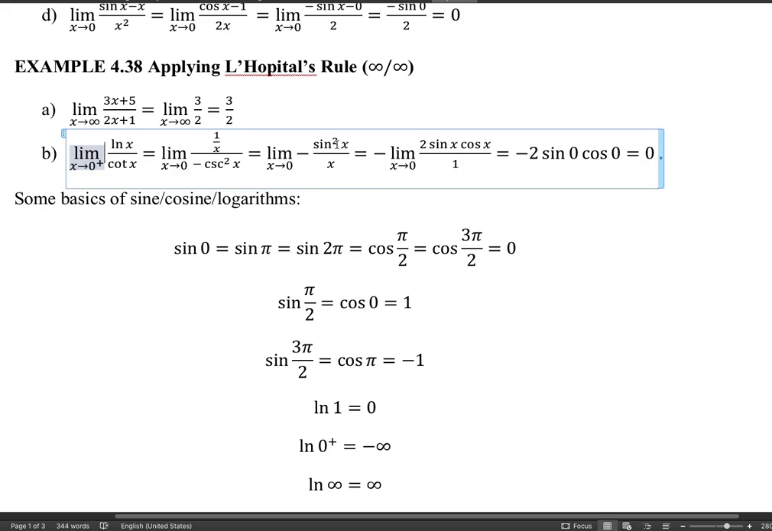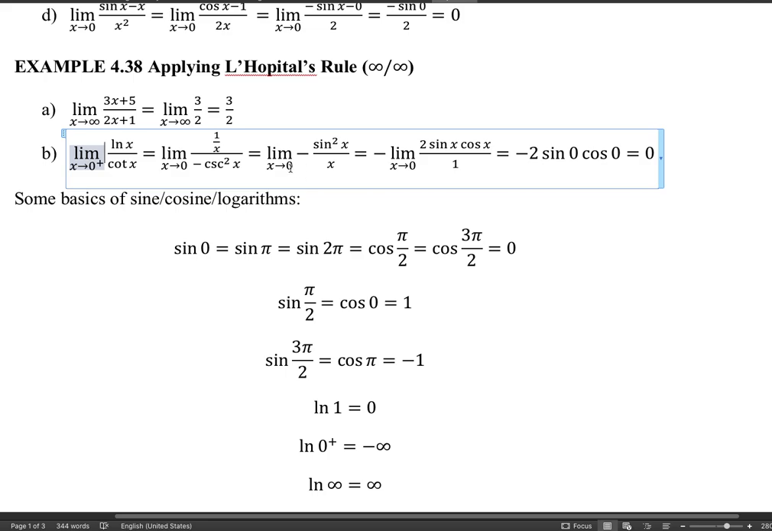Numerator is sine 0, sine squared is 0, which is just 0 squared, which is just 0. Denominator certainly is 0, right? So for this part B, the first round after using the L'Hopital rule, I get another indeterminate form 0 over 0. The limit is converted from infinity over infinity to 0 over 0, which means L'Hopital rule can be